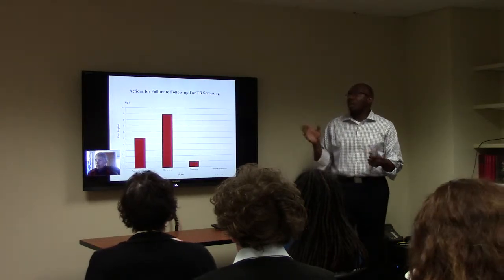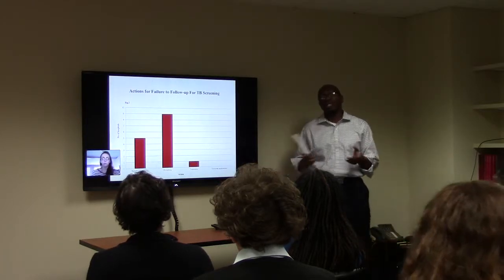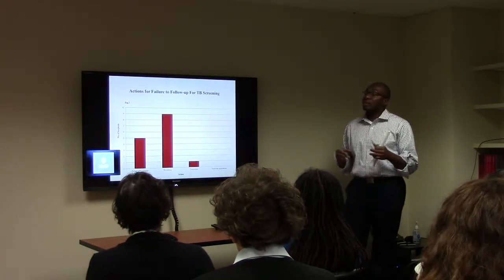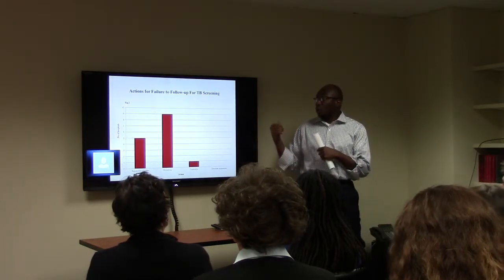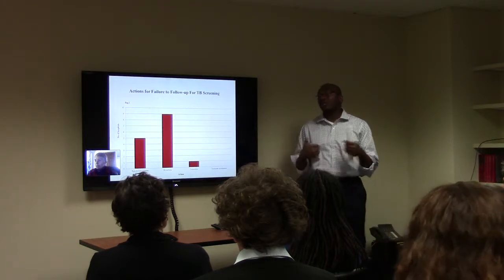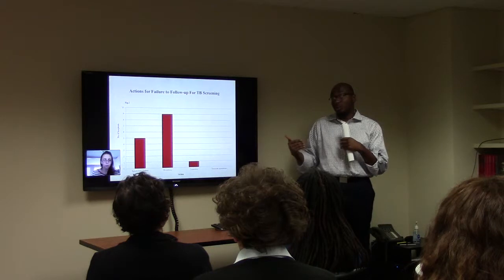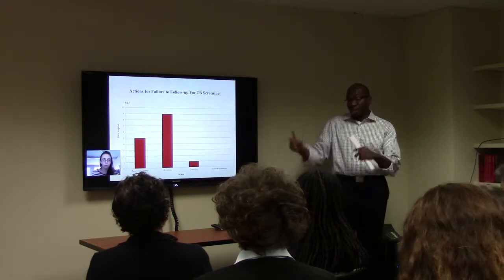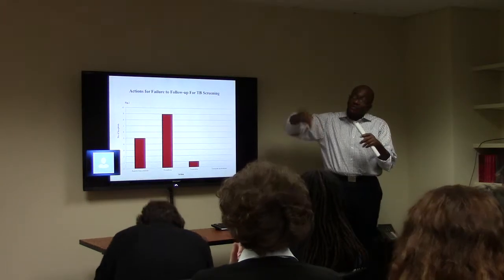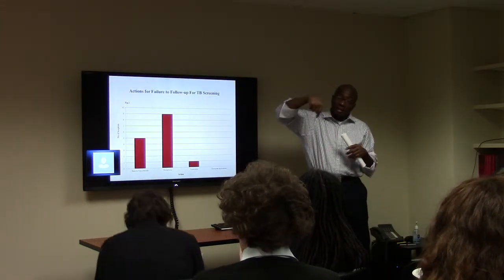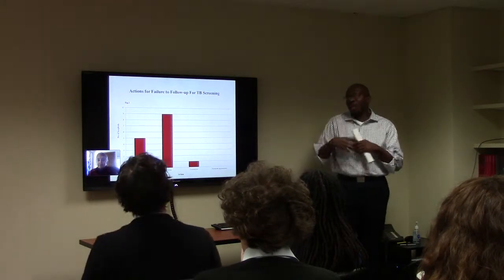Then the actions that were taken for failure to follow up, because failure to follow up was common in the hospital setting, and the actions the hospitals took on employees that failed to show up for follow-up during the contact investigation. Because during a TB investigation, once the index patient has been identified, all the contacts around that person or everywhere the index case person has been, you go there and you conduct a screening of everyone that came in